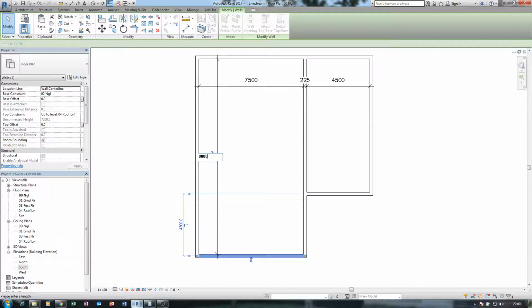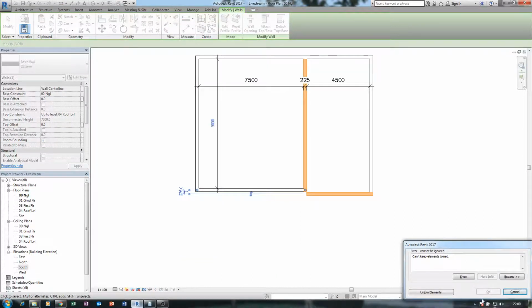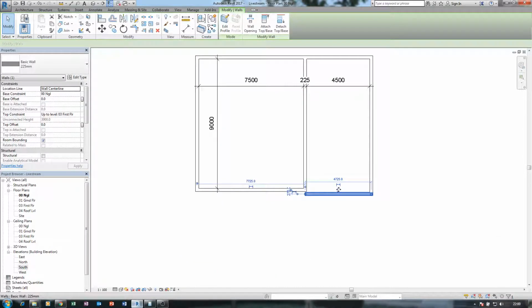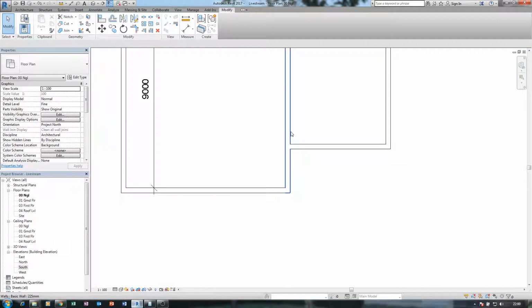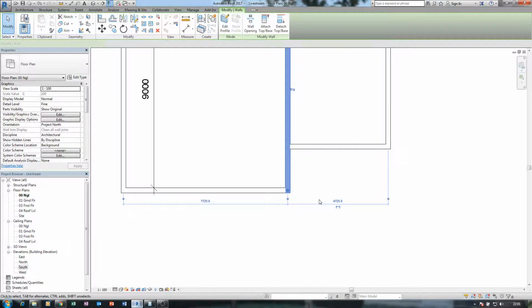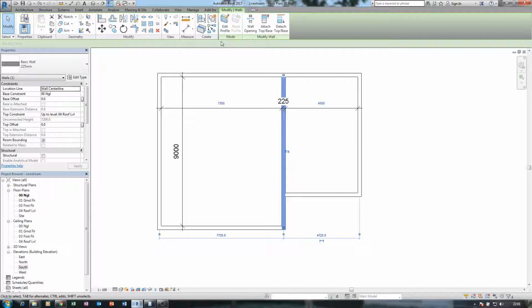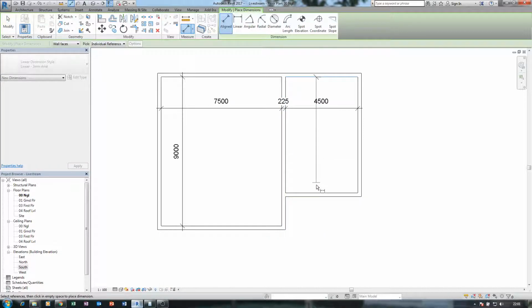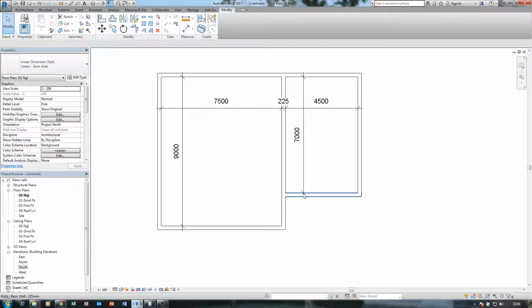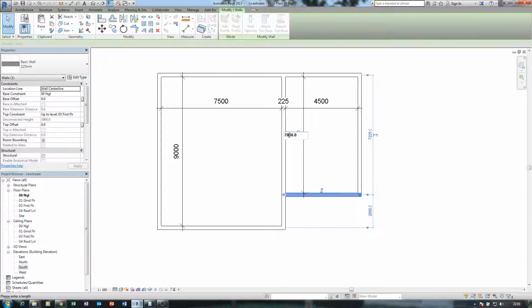Okay, and join, and I can drag this back. Okay, just trying to make some sense. Okay, let this one be 6 meters.